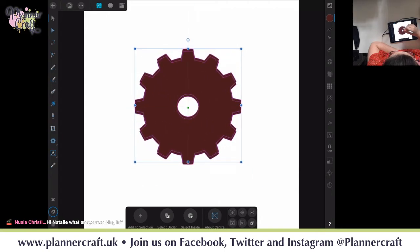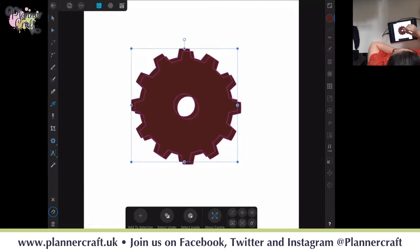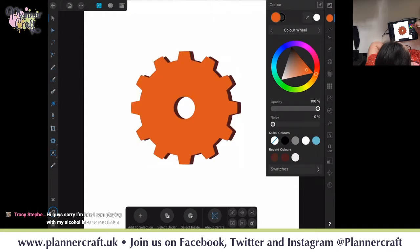Okay, so I'm going to decide which way I want my shadow to go to my main cog. So with the second cog, I'm going to change it so that we can...